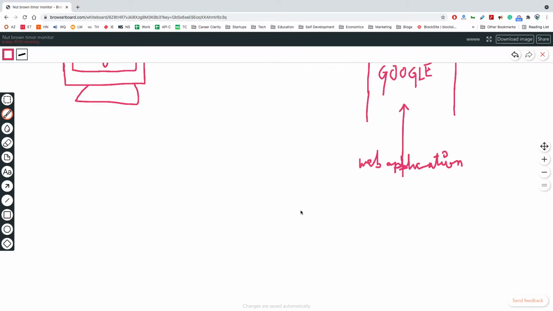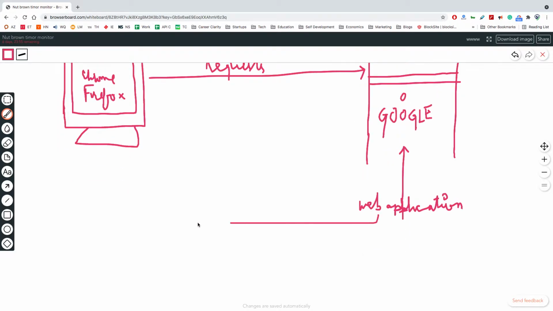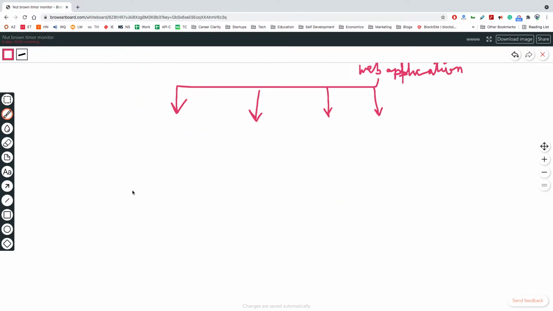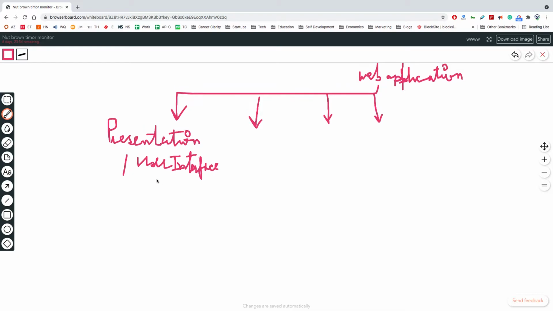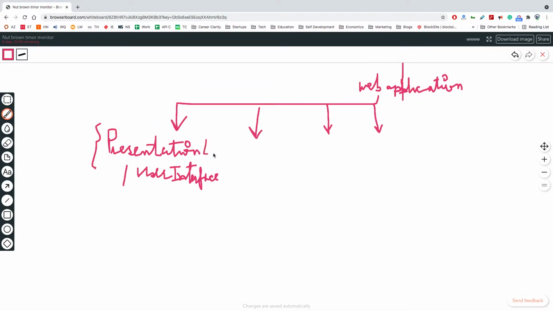Broadly we can divide that application into three or four parts, and we'll go over each part one by one. The first part of a web application is the presentation layer. What we see as a user of any application is also called the user interface. For us this is the application: the interface, the buttons, the forms, the results, everything. That is the presentation layer, one component of the application.